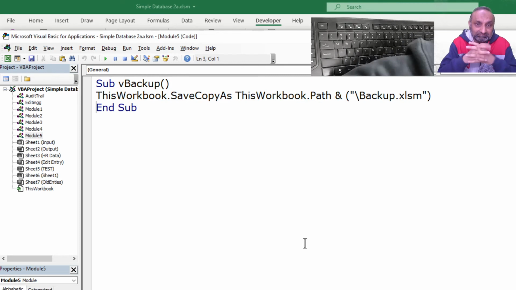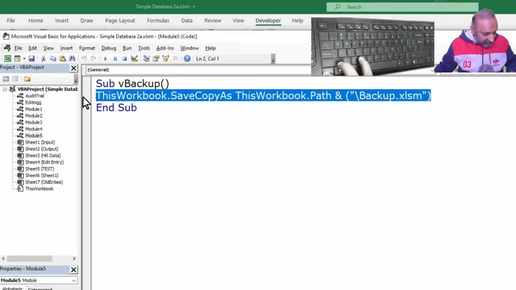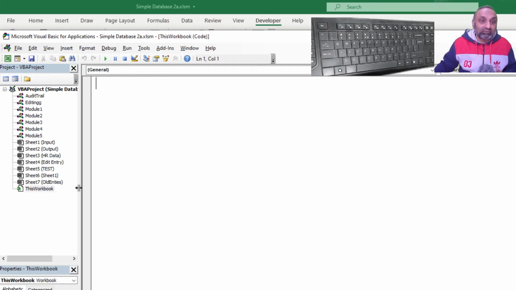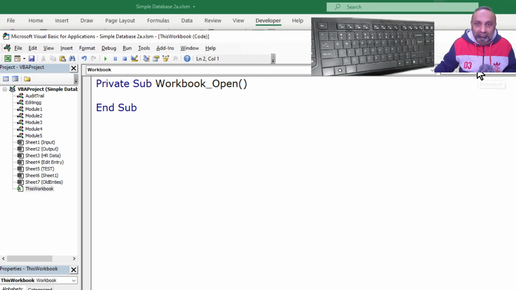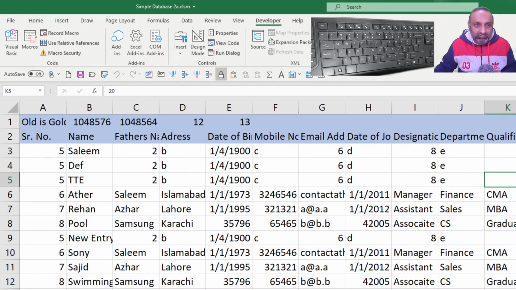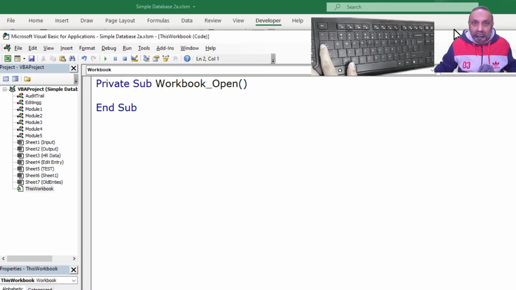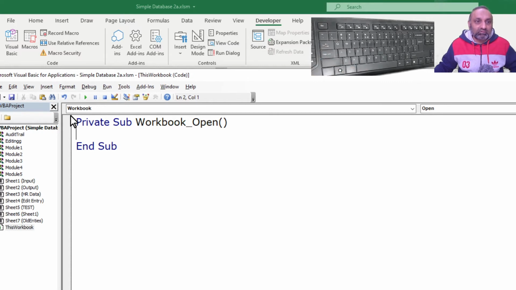but still we don't want to run this code every time. What we need to do is run this code automatically when the workbook opens. So we go to this workbook, then we choose workbook and we choose open from the right side. You cannot see this, so let me, no, this is wrong. So this is the right window. I hope you can see it now. From the left drop-down menu, this is the workbook, and from the right side, this is open. I can have this command